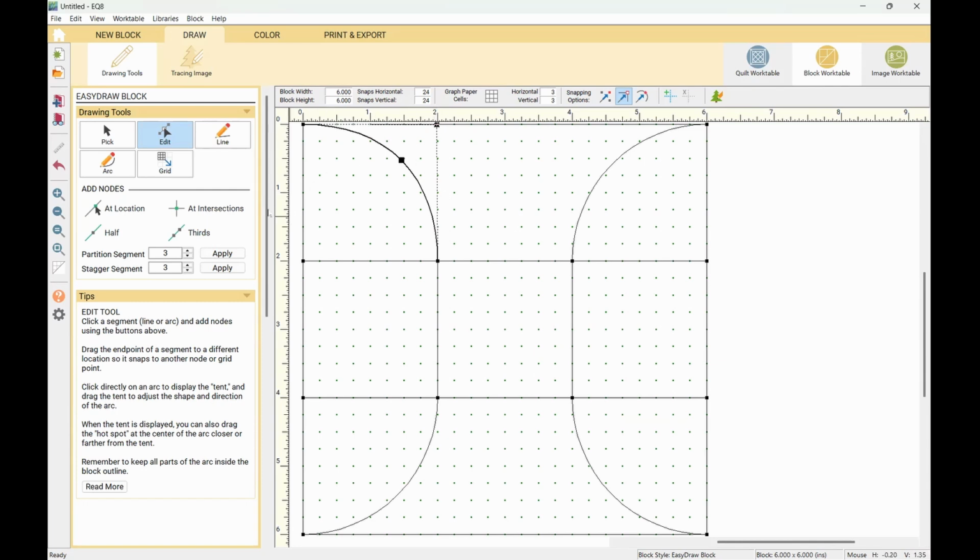So on the left-hand side, it's also showing that you can add nodes to this. And if you wanted to break your arc up, you can add nodes to it. Why is this important? Well, if you're trying to recreate a flower and there's an imperfection in the flower, you might want more than one